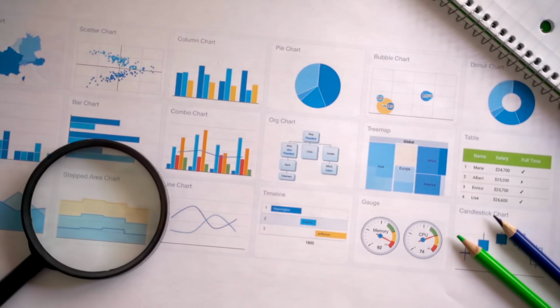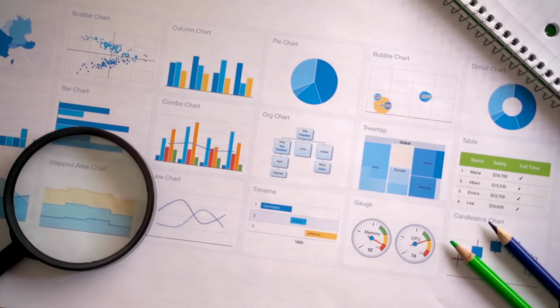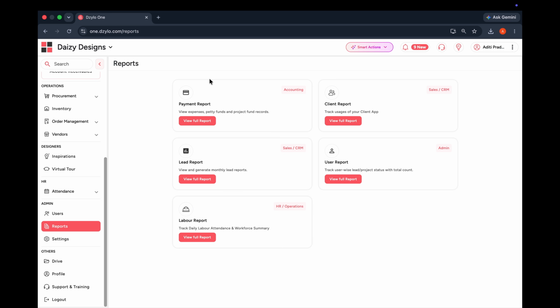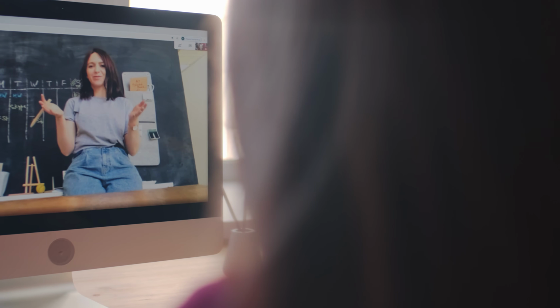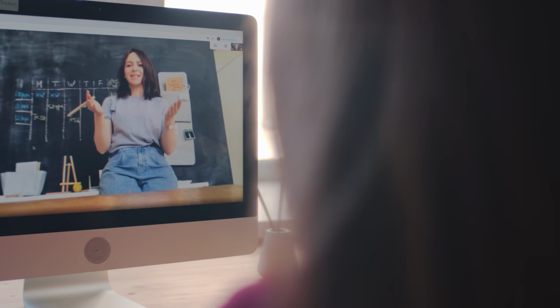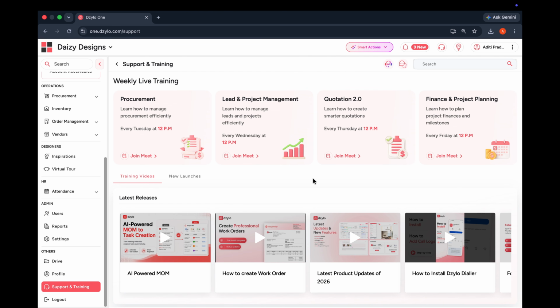For business insights, Dzylo offers comprehensive reporting. Generate lead reports, payment reports, client reports, user reports, labor reports, and many other reports to monitor business performance and make data-driven decisions. To help every customer get started quickly, Dzylo provides regular live training sessions along with a